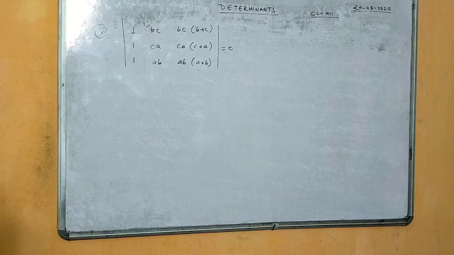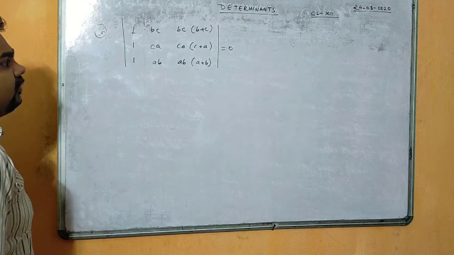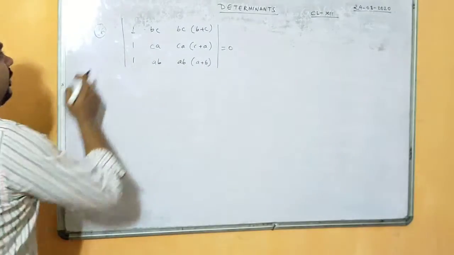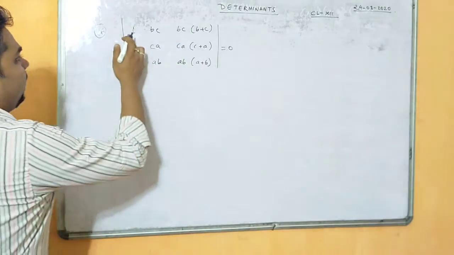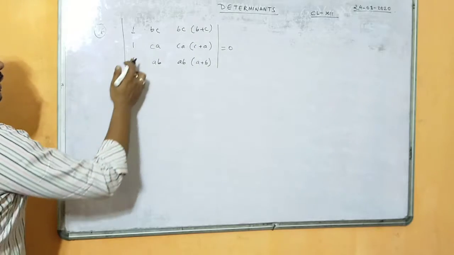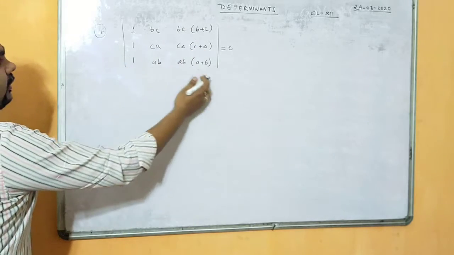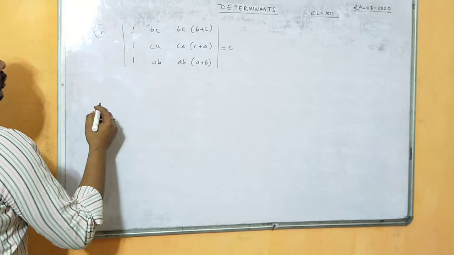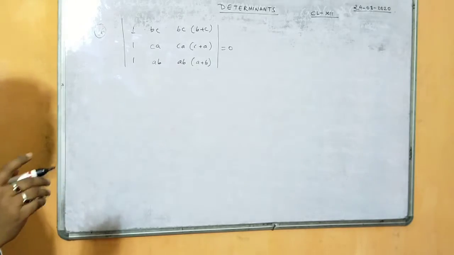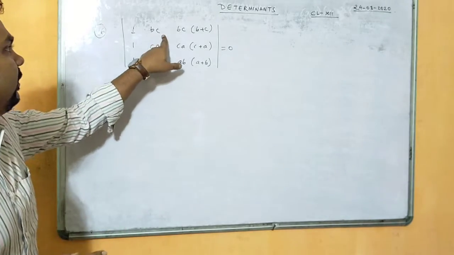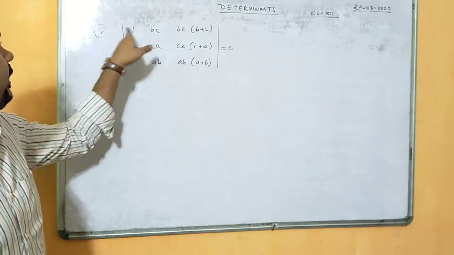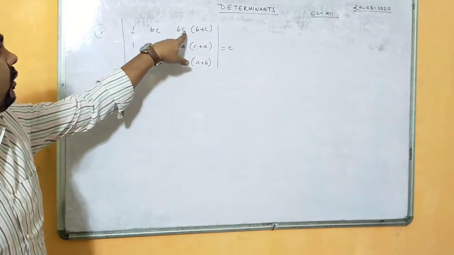So in column 3 also we have to make 0, that is LHS equals RHS. Question number 16. So what we will do, we will multiply A in row 1, B in row 2 and C in row 3, right? How did we come to know that we have to multiply A in row 1? Because you see BC is there, that means if I multiply here A, then it will become ABC, here also it will become ABC, right?